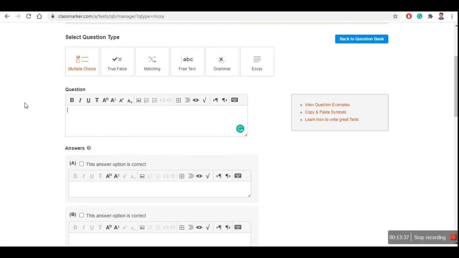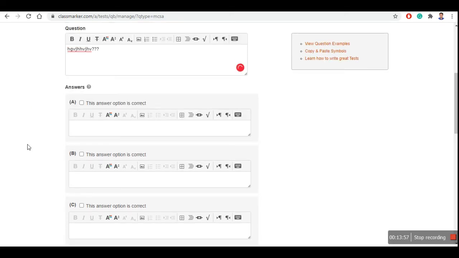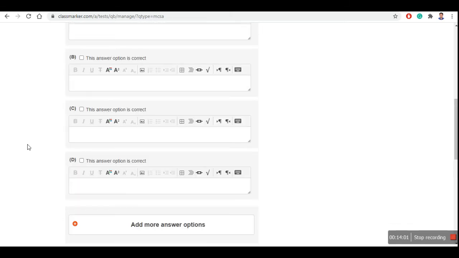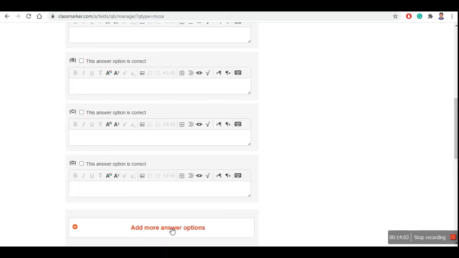Someone will get one question with options in the order A, B, C, D, but when the same question appears for any other student, the options will be shuffled, right? So here you are going to type some question. Okay, then next are the options. You can give many options. It is kept at 4, so you can add more options. Another 4 will come.